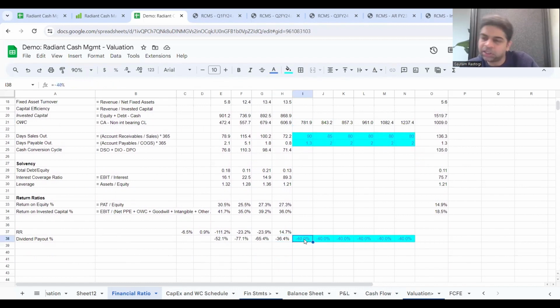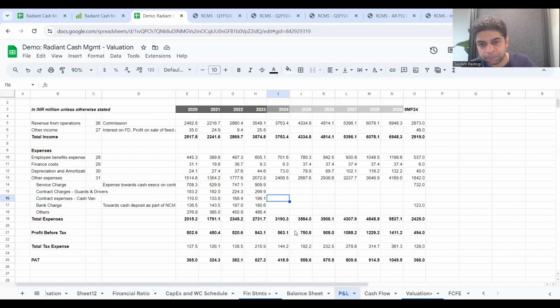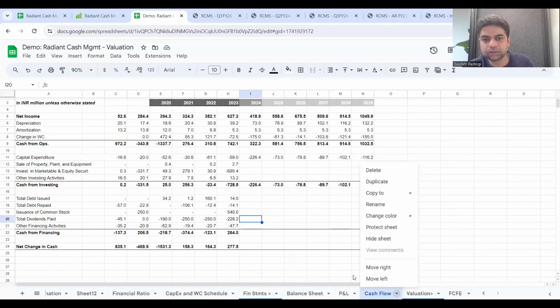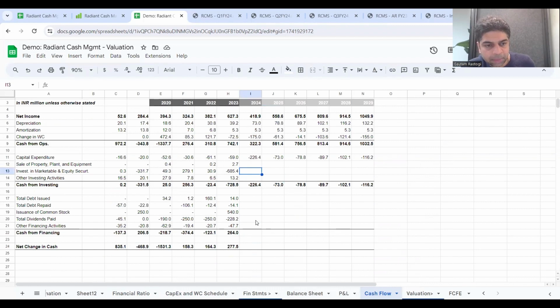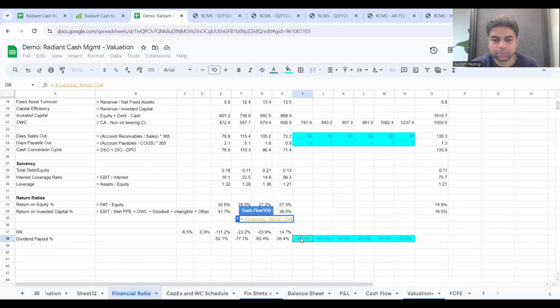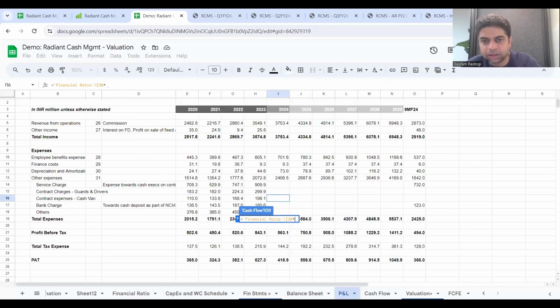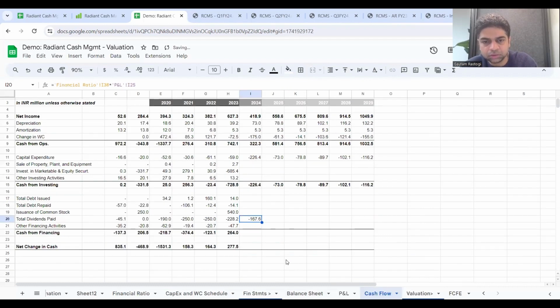So let's assume 40% for the future years. तो कितना हो जाएगा? 40% ऑफ पैट, प्रॉफिट आफ्टर टैक्स, पे किया जाता है। ठीक है? तो डिविडेंड पेमेंट हो जाएगा आपका, पुल इन दिस रेशियो 40%, माइनस 40%, क्योंकि कैश आउटफ्लो है, टाइम्स द पैट, प्रॉफिट आफ्टर टैक्स। तो ये हो गया आपका डिविडेंड पेमेंट।